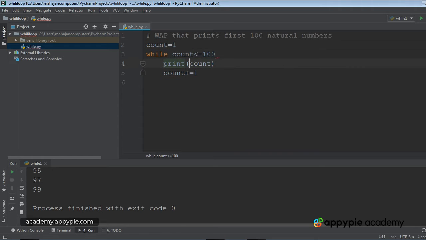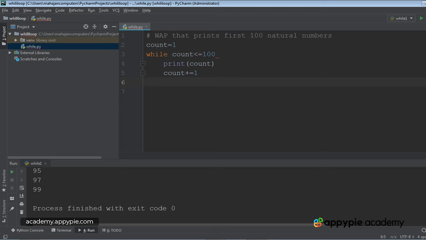And lastly the value of 100 will be printed, and count plus is equal to 1 will make it 101. It will go up and check the condition, and of course this time the condition would be false, because while count is less than or equal to 100, value of count is 101, which is not less than or equal to 100. Loop will break. So in the process we will get all the numbers from 1 to 100, which are called natural numbers. They will get printed on the output screen.